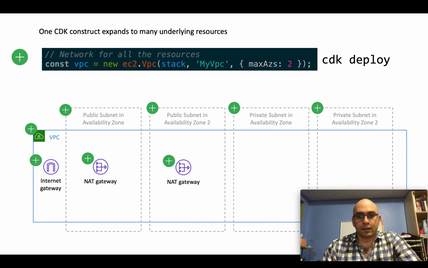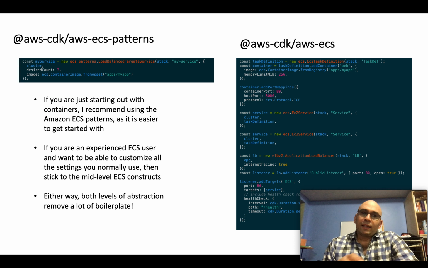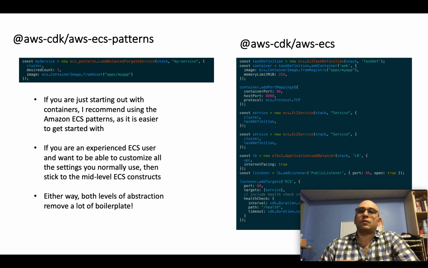So this one line translates into 270 lines of actual CloudFormation YAML text, which is a lot. It's definitely not something I would want to write by hand myself. So the way the CDK team has approached this is every service has its own package. So as you can see, you have the AWS ECS package there. But for some packages, for some services, they created an additional package. As you can see, the ECS patterns package in this particular case, which tries to simplify even more,